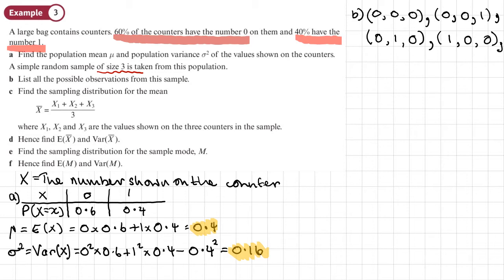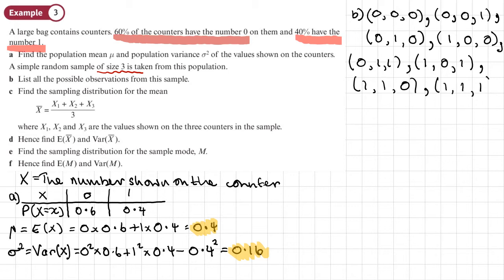So that will be 0, 1, 1. 1, 0, 1, and then 1, 1, 0, and then the last one is where all 3 are 1. So it looks like I've got 1, 2, 3, 4, 5, 6, 7, 8 different outcomes, which is what I was expecting. Moving on to part C, it says find the sampling distribution for the mean,